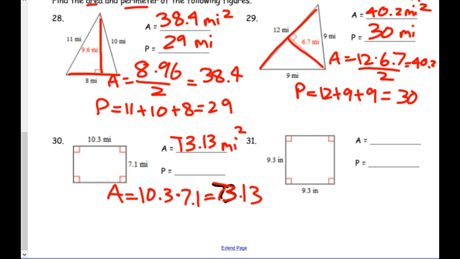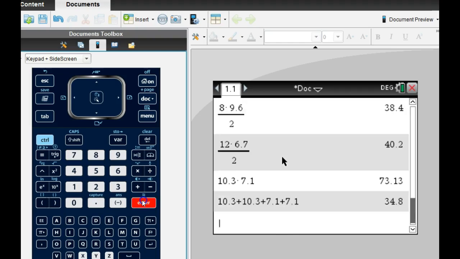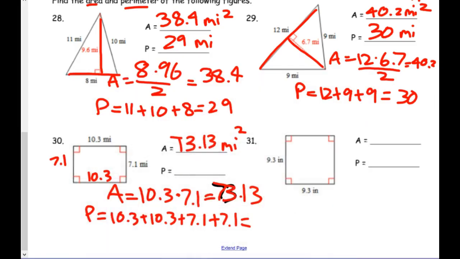And then perimeter. Remember, each side that's opposite on a rectangle is the same. So 10.3 plus 10.3 plus 7.1 plus 7.1 is 34.8